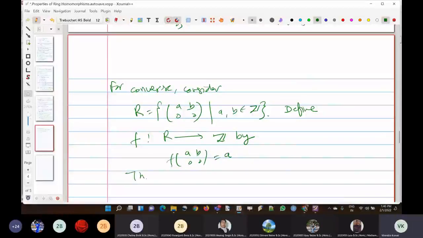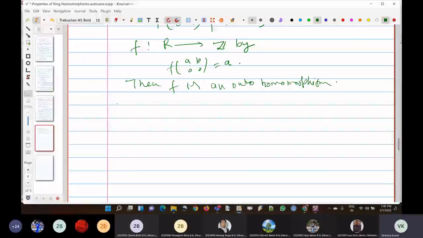Then f is an onto homomorphism. Here, 1 belongs to Z, or you can say like this: here 1, we can say b, and here 0 and 0. This is mapped onto